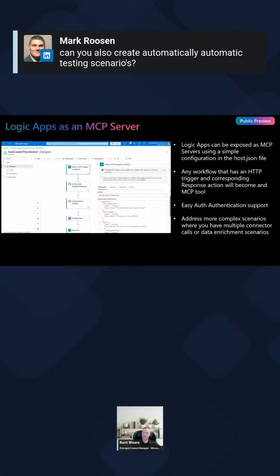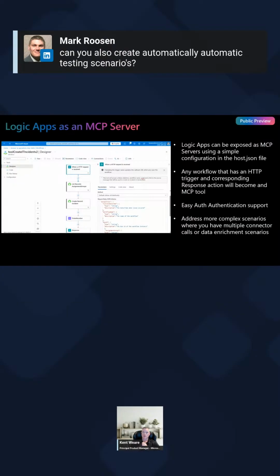So we do inside of Logic Apps, and this would be on the VS Code side of things. We recently introduced a unit testing framework. And so this is GA now. I think it was this past summer we released it. And yeah, it's fairly comprehensive, where you can go ahead and build out your test cases. We'll do a bunch of mocking. We will also allow you to use a previous run to generate a specific test case so that you can then go ahead and add assertions and things like that.